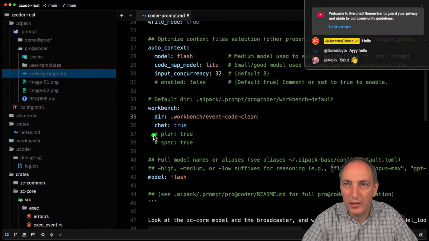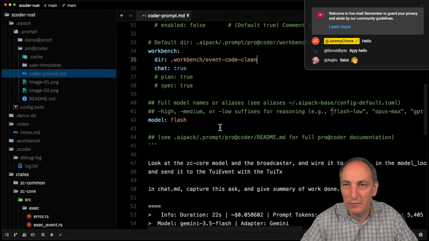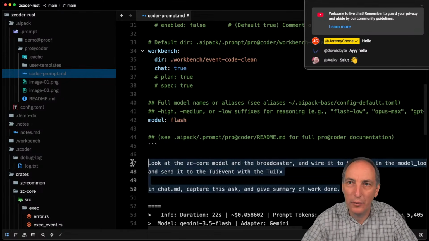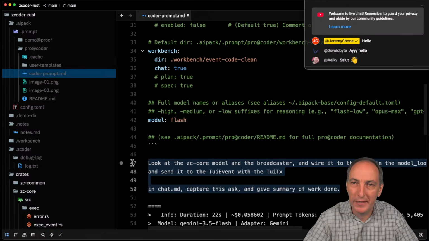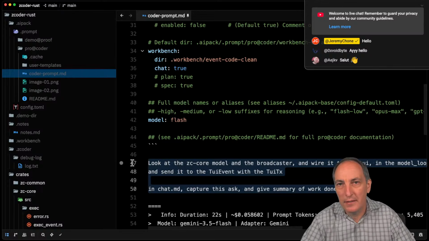And this way we have the chat, and it allows the AI to give a chat. I'm going to use a new flash, so update the AIPack, the alias has been updated. And now I can do something like that, which is